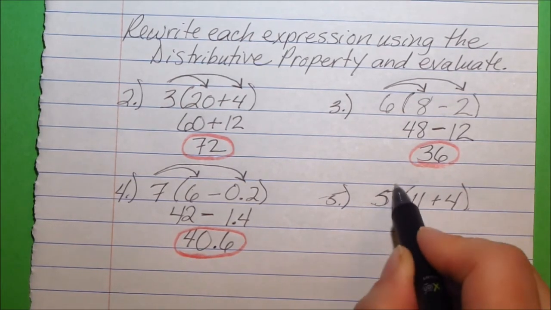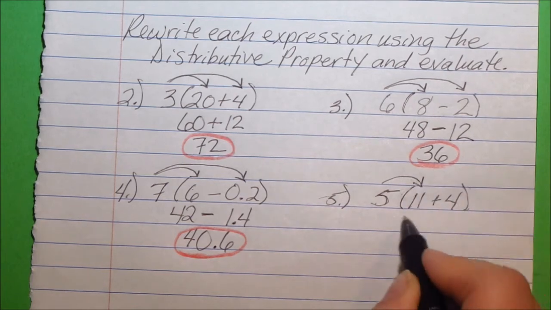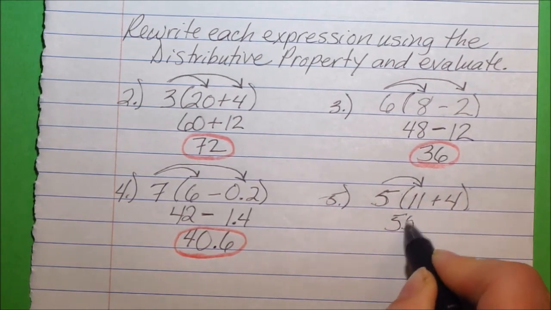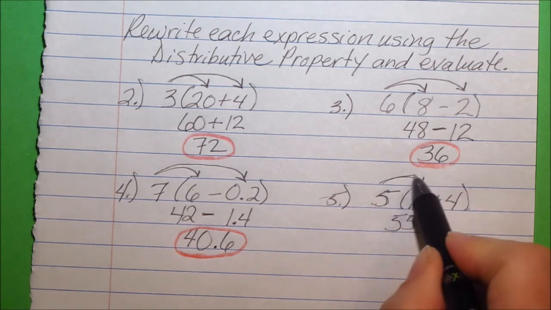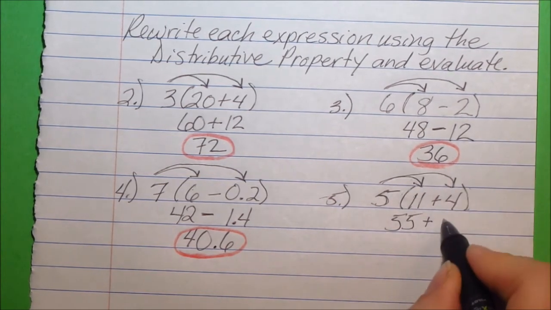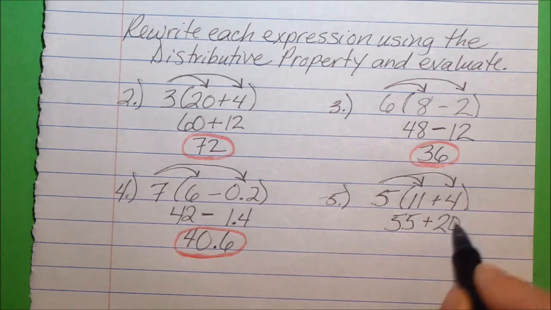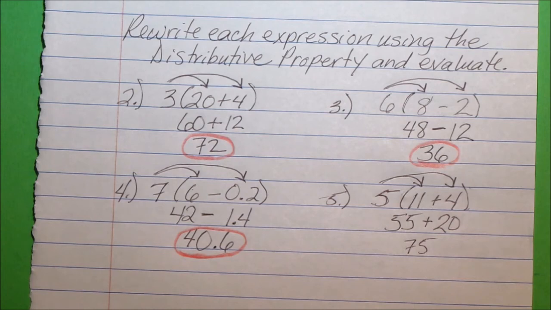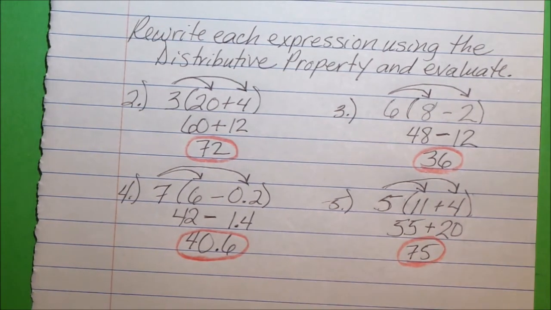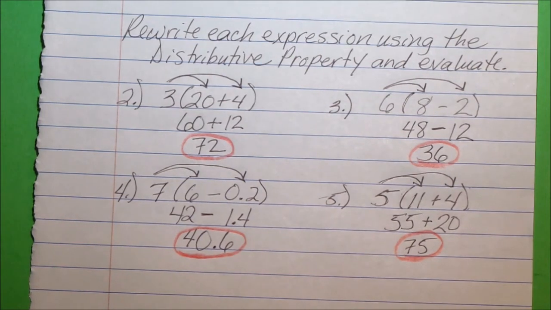All right, 5 times 11 is 55. Bring down the operation, it's addition. 5 times 4 is 20. And now I add 55 plus 20, which is 75, and circle my final answer. All right? So I hope you did well on the practice problems when you worked them out on your own. Not too difficult. Let's take a look at our